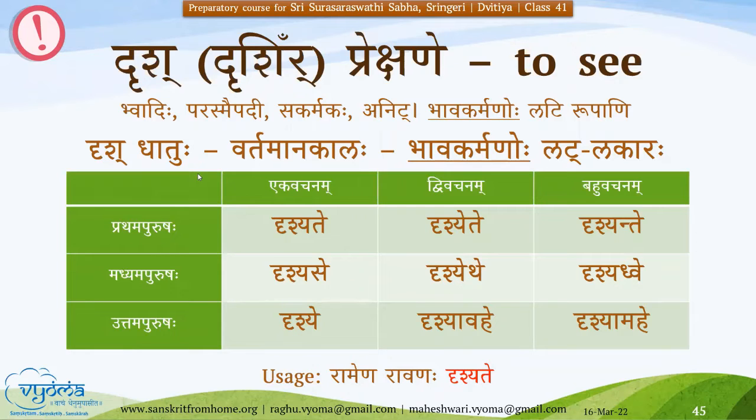Okay, so let us try to understand a bit further. I just want to explain and recall whatever we had learned about usage in the passive voice. One thing to note is that drish dhatu, that is pashyati and so on, the forms that we saw in the previous slide, is a parasmaipadi dhatu. So the forms will be in parasmaipadi only: pashyati, pashyataha, pashyanti, and so on.